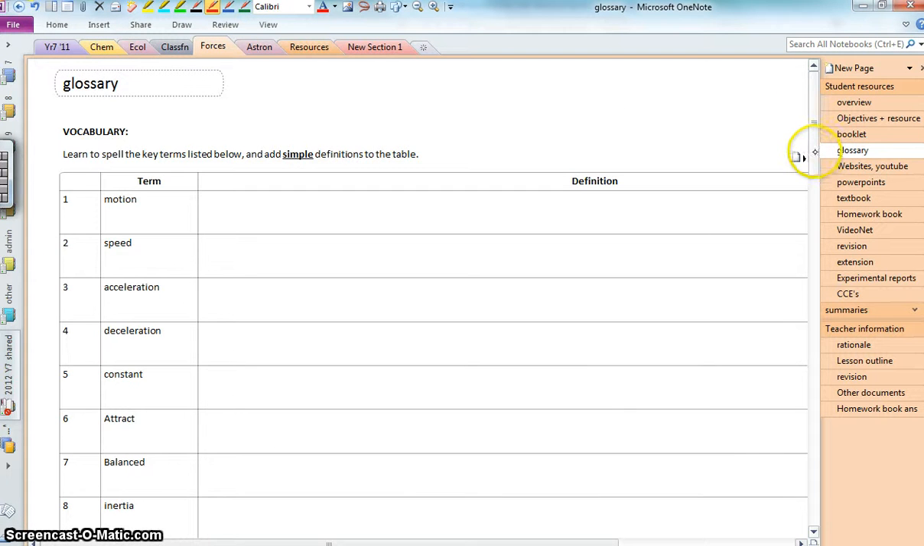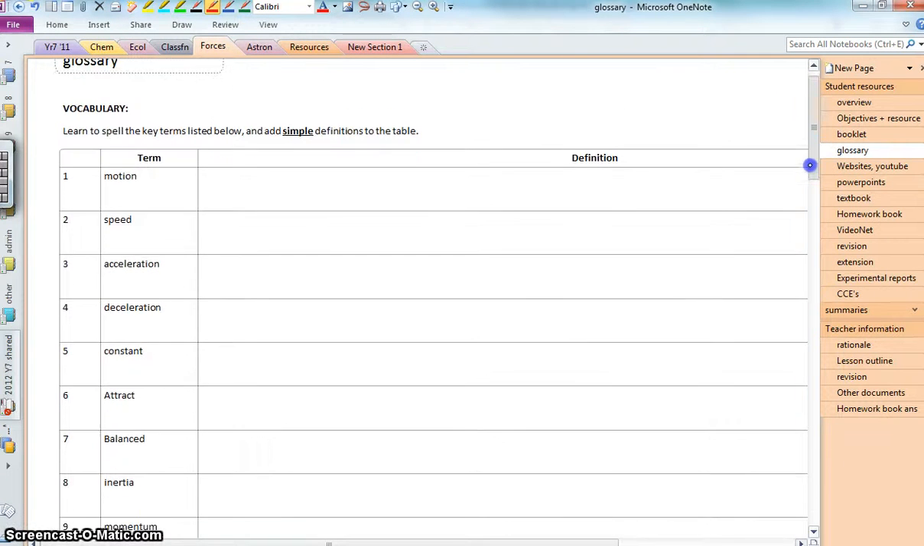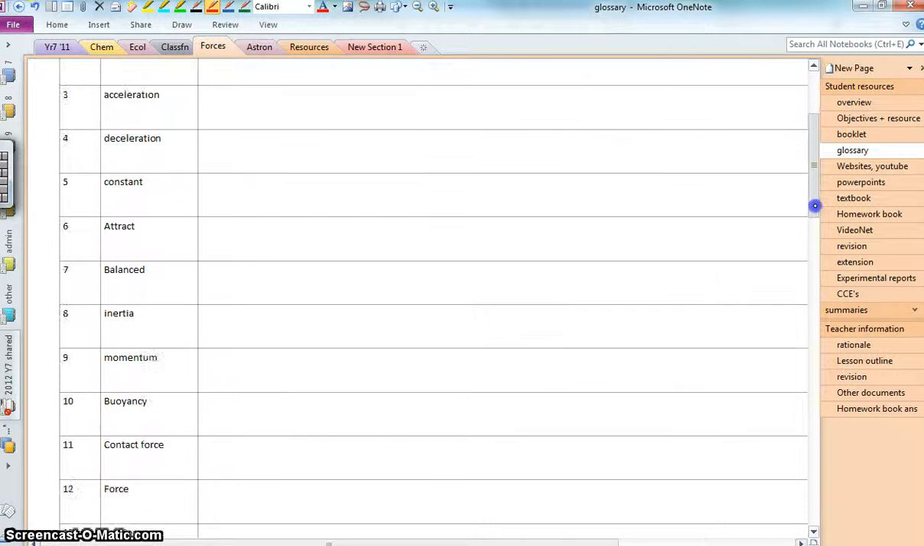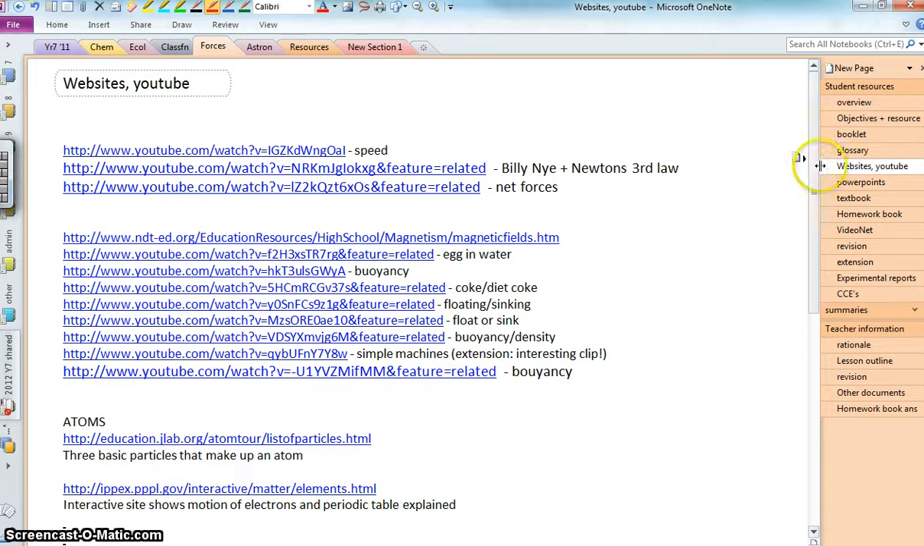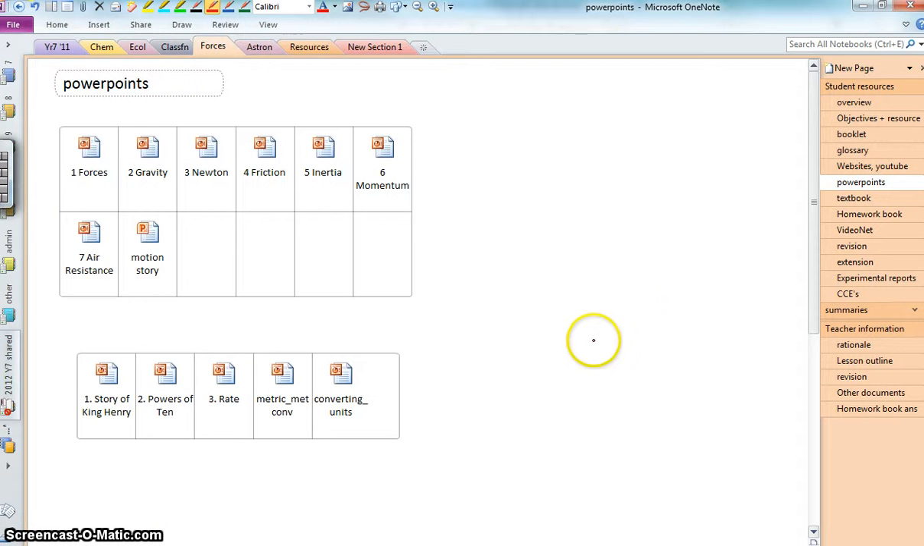The glossary, students can add their own definitions, simple definitions to the table. Website and YouTube there. You can break it up into topics. Students can even add their own websites and YouTubes. I'll explain how students can do that a bit later. PowerPoints, staff, these are all uploaded at the beginning of the unit, and students can even create their own PowerPoints and add them in here. So all this information here is information that students have access to when they are directing